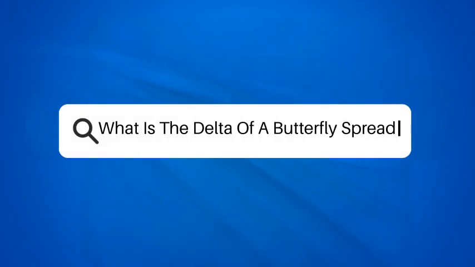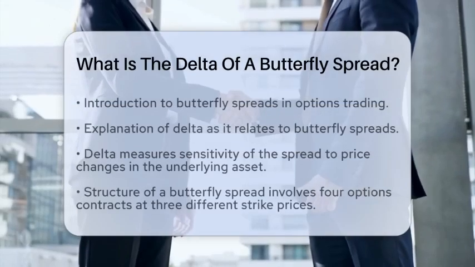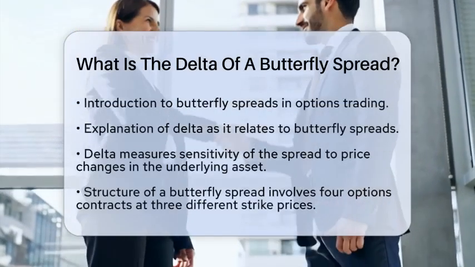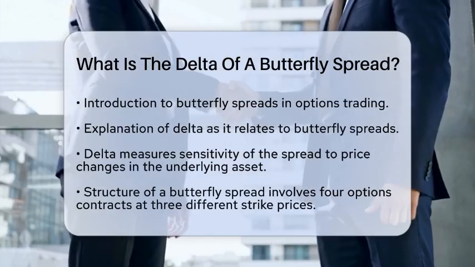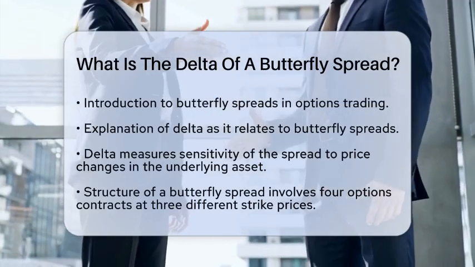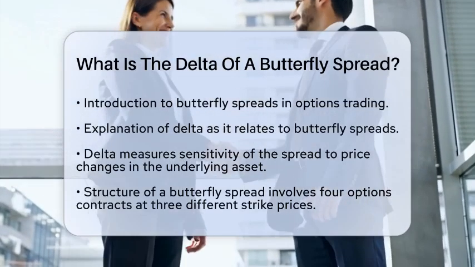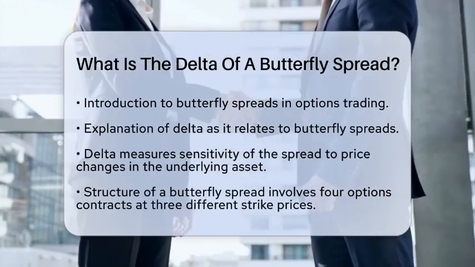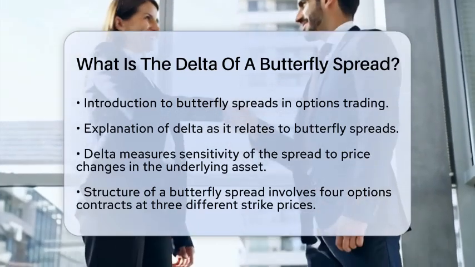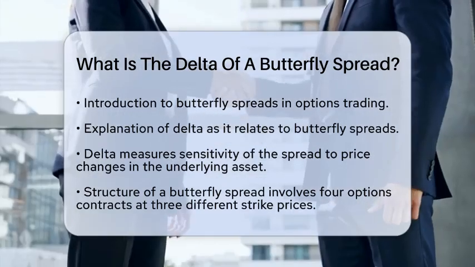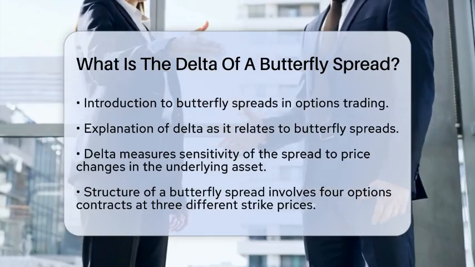What is the delta of a butterfly spread? Have you ever wondered how a butterfly spread works in options trading? Today, we will discuss the delta of a butterfly spread and how it plays a role in risk management. The delta of a butterfly spread is the overall sensitivity of the entire position to changes in the price of